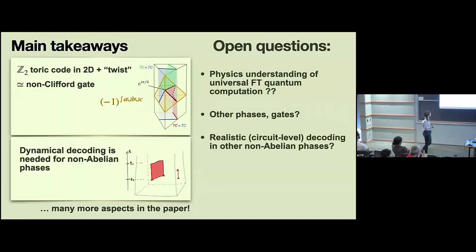And then there are many open questions, but the one I would like to highlight is that it looks like there must be some beautiful mathematical structure underlying our ability or inability to do universal quantum computation with topological phases. And since we are still learning new things about it, it looks like it hasn't been discovered yet. So there is room for that.